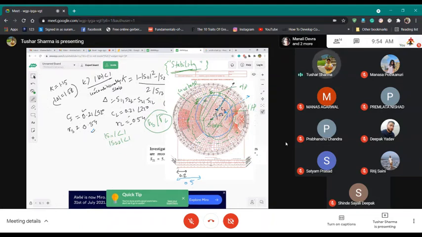So usually manufacturers avoid producing transistors where K is greater than 1 and delta is greater than 1. Can somebody explain why transistor manufacturing folks want to do this? Very simple logic. Because you are wasting half of your Smith chart. All this portion cannot be used for the design. And you are so vulnerable, right? Say you design something here, and just by design variation, your impedance jumps here, you are in an unstable region. So you don't want that.